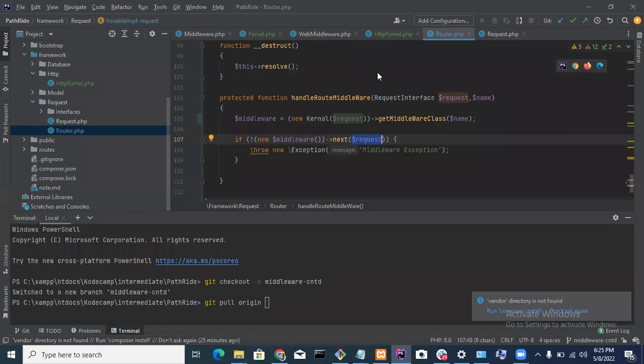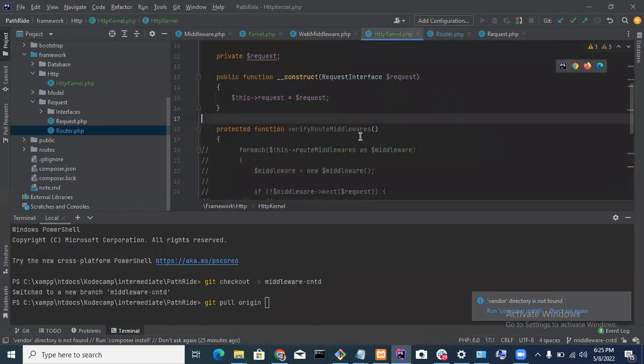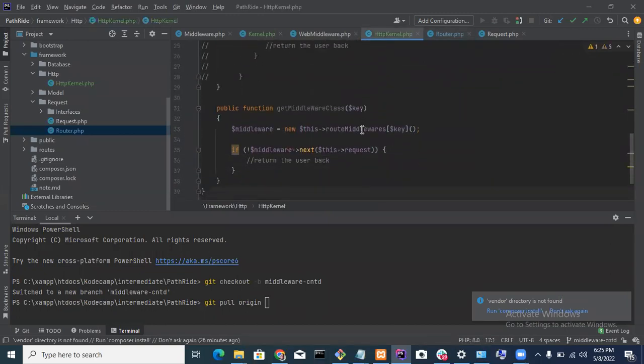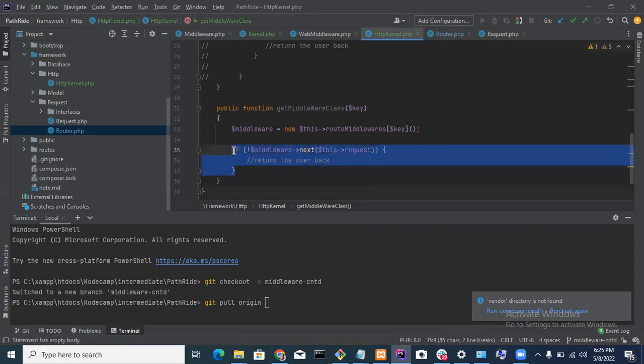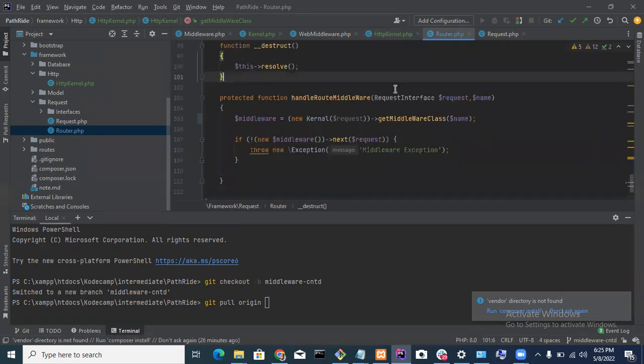This is just to provide some more flexibility. So we do not need this one.